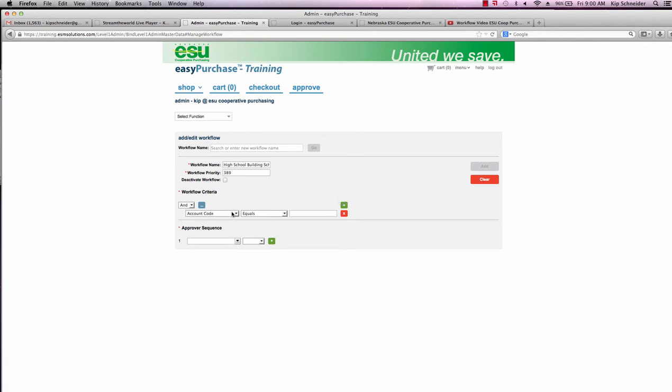And now, in this field, where before we did transaction total, we're going to do ship to location, because we're going to build a workflow for every building that we have within our instance to differentiate a different approval process. So this one we would say ship to location contains